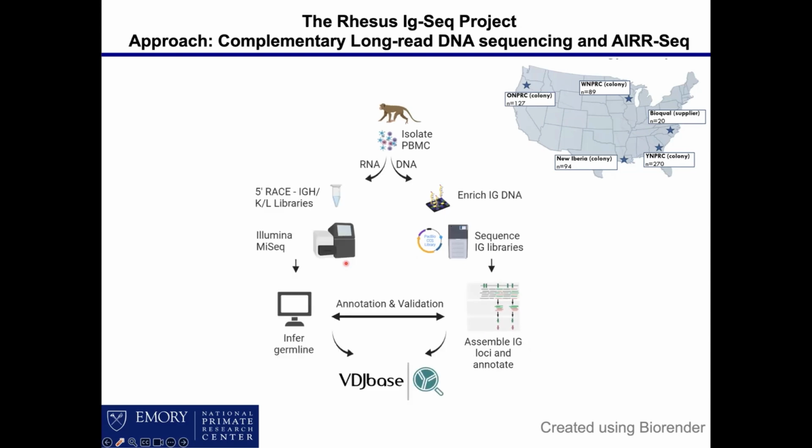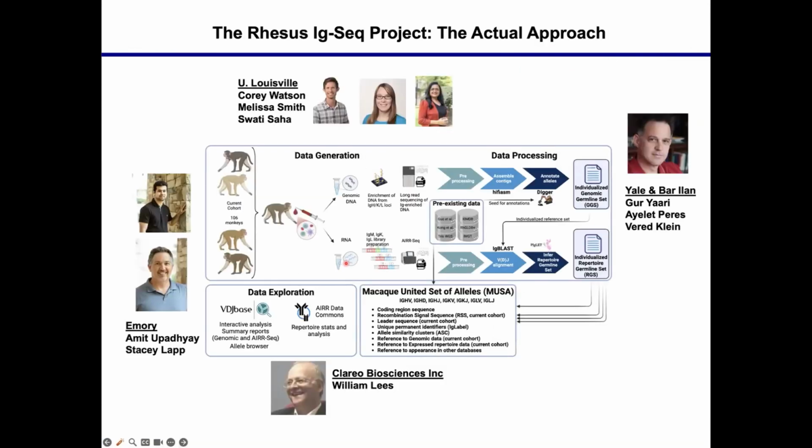On the other hand, we were going to also be taking a separate sample from the same monkey, for all these monkeys, and doing heavy and both light chain repertoire sequencing, inferring the germline, and then using this data to work with each other to get a highly valid, or what we hoped was going to be a highly corroborated set of sequences that we then posted publicly. So this was the original plan. This is what actually happened in real life.